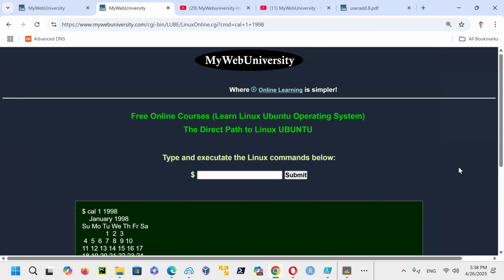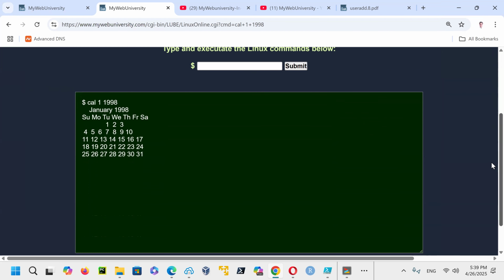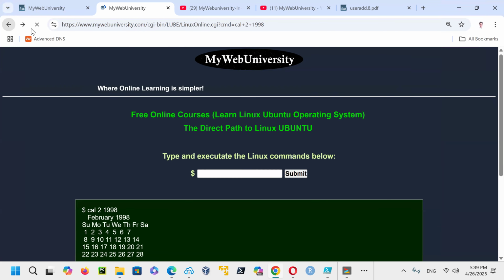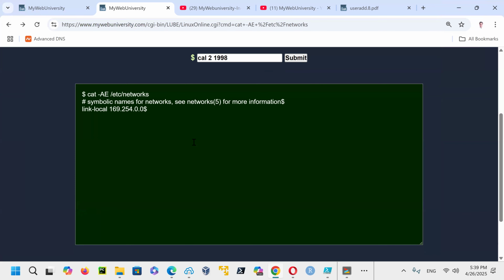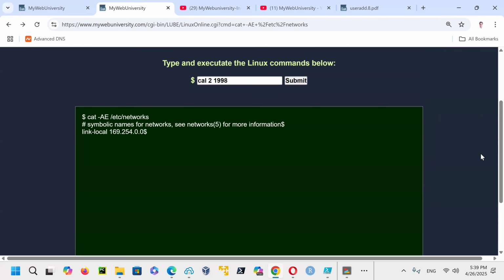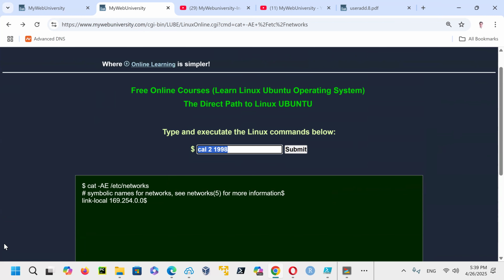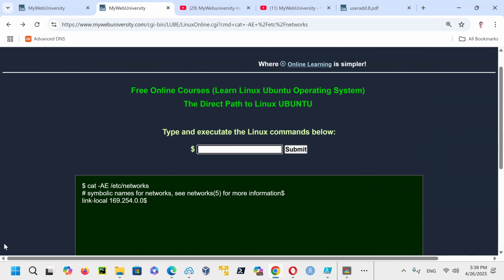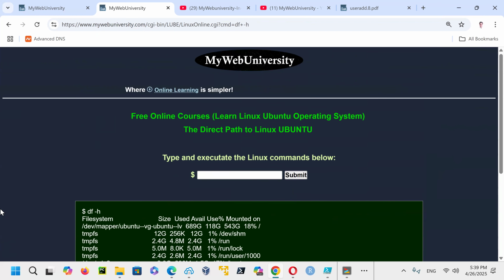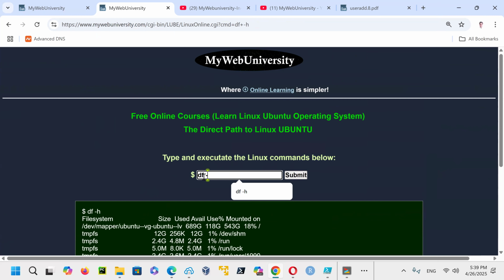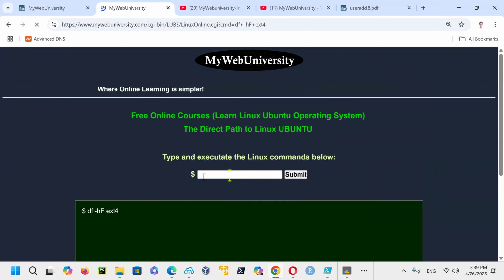So this is how you make your system secure, by just applying whatever I taught in chapters 2, 3, and 4, and then I have it there. So the entire Linux is at your fingertips now. You can practice it online. You could do everything online. And then if you run the commands that are in the allowed list, like df -h, I did that one. And then I showed you df -hF ext4 file system you can run.